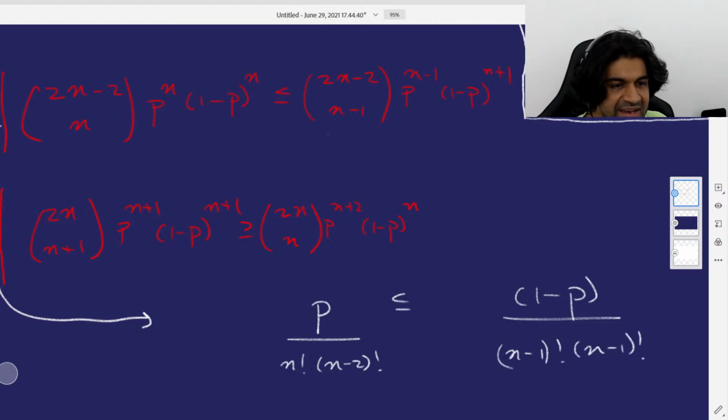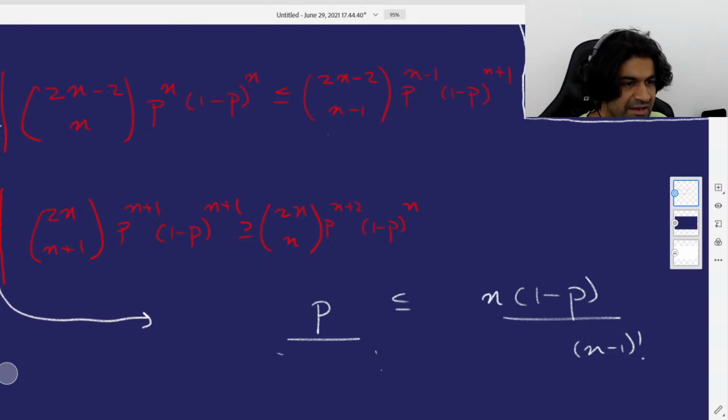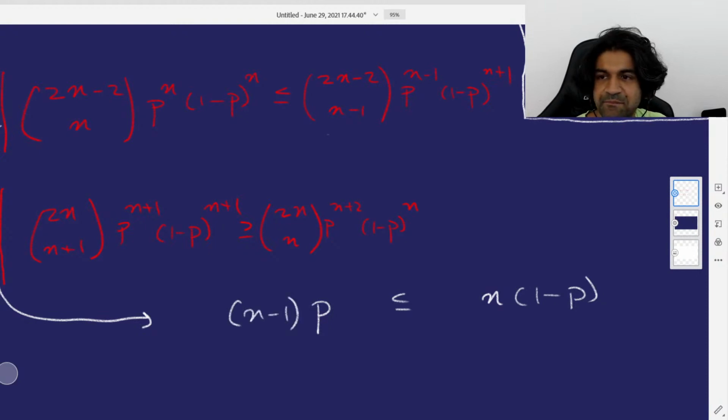All right, so you put the n over here, you get n times 1 minus p here. This cancels that. And then you put the n minus 1 over here, you get n minus 1 times p. I think that is accurate. And then you do the second one, which is, let's see,